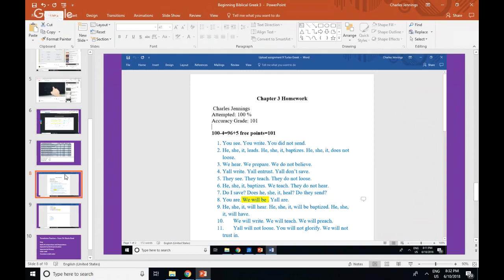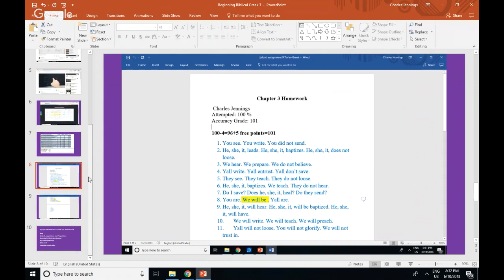But the point I'm showing you with this is that you can miss a lot of things on your paper or your exercise and still get a good grade, because you're talking about point something of points and things like that. And you'll see this throughout the future. So don't try to think you got to be a perfectionist, and don't think you got to get hundreds on every single paper. Just do your best to translate what you can. You're going to forget things. Things are going to slip your mind, but those things go back and study the next time.